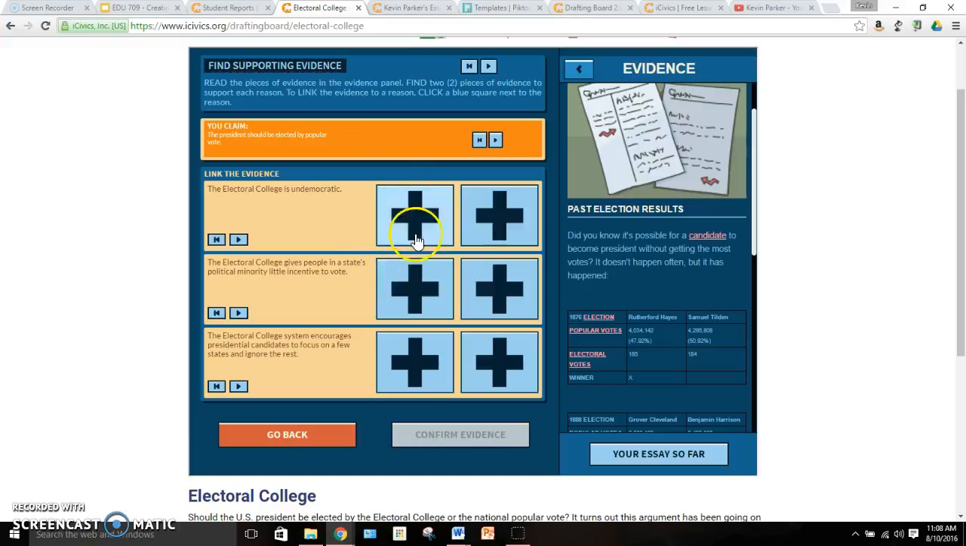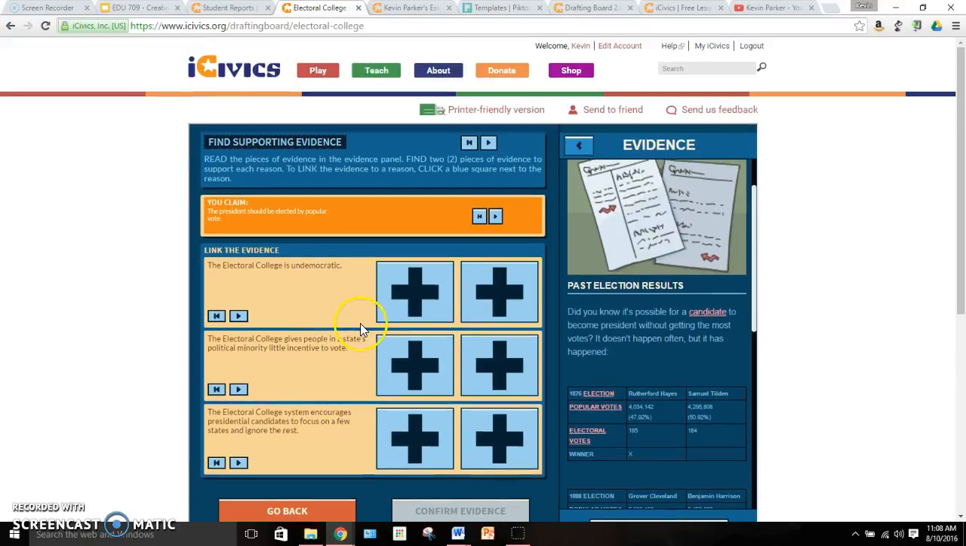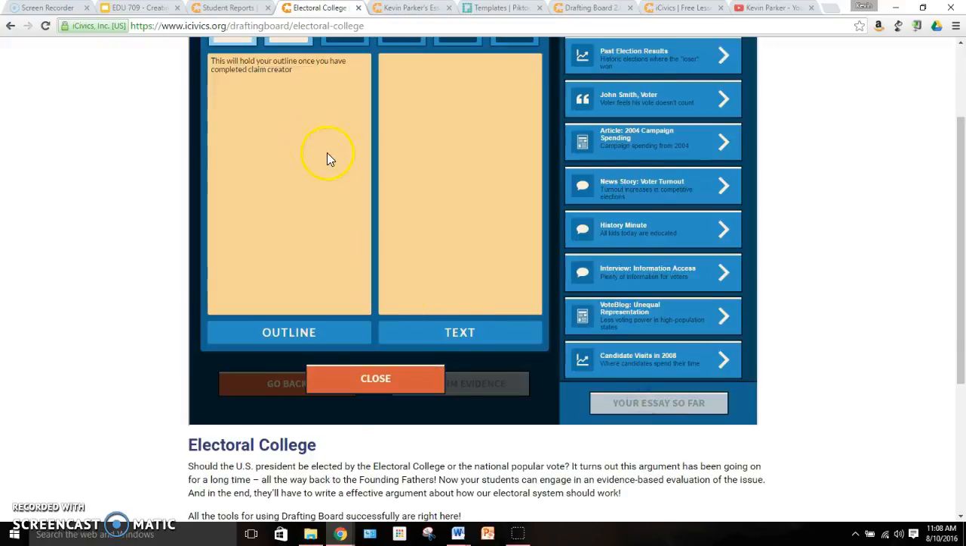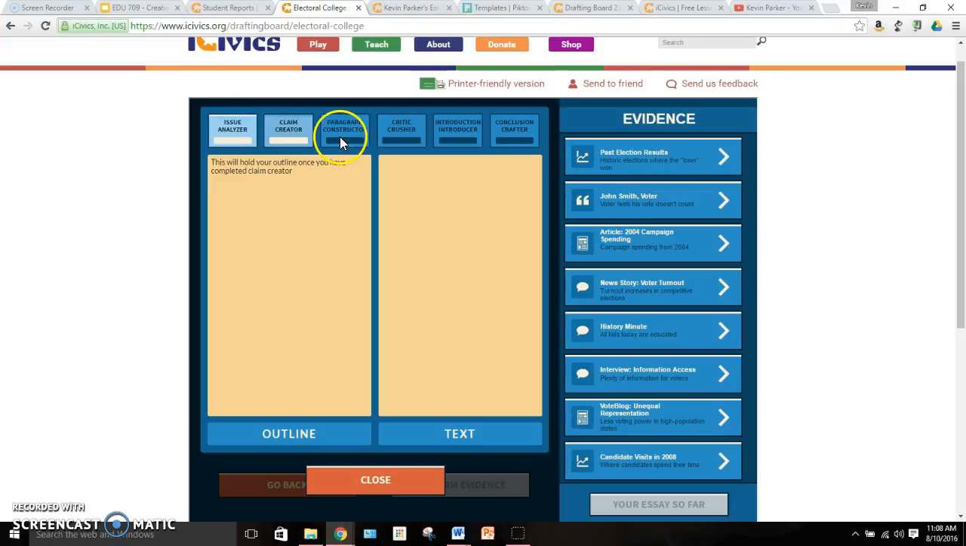Do they have to match? Do they have to write this all themselves? That's what you as the teacher get to determine. When you finish and you've gone through all the steps, you can always do this and view your essay so far. And since I'm not very far along on this particular example,